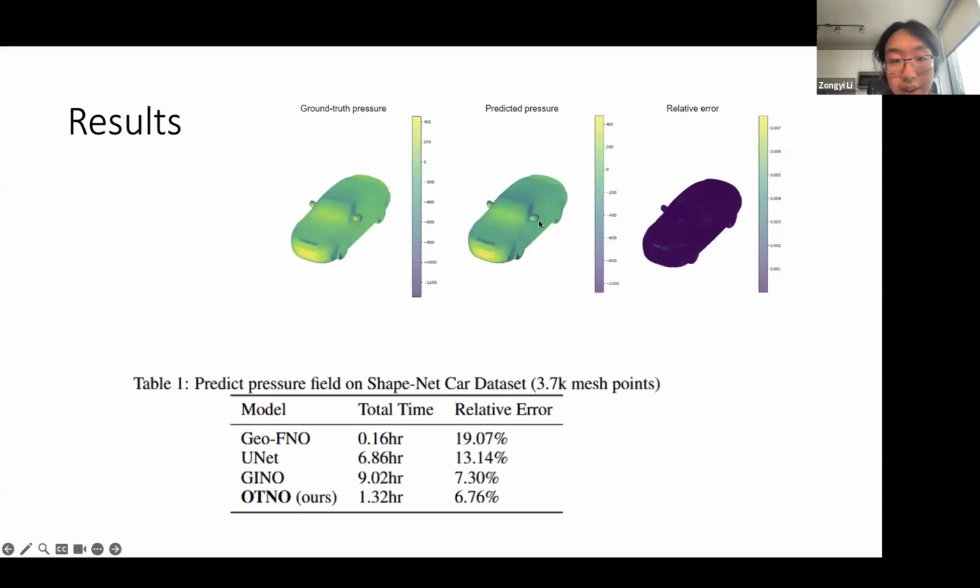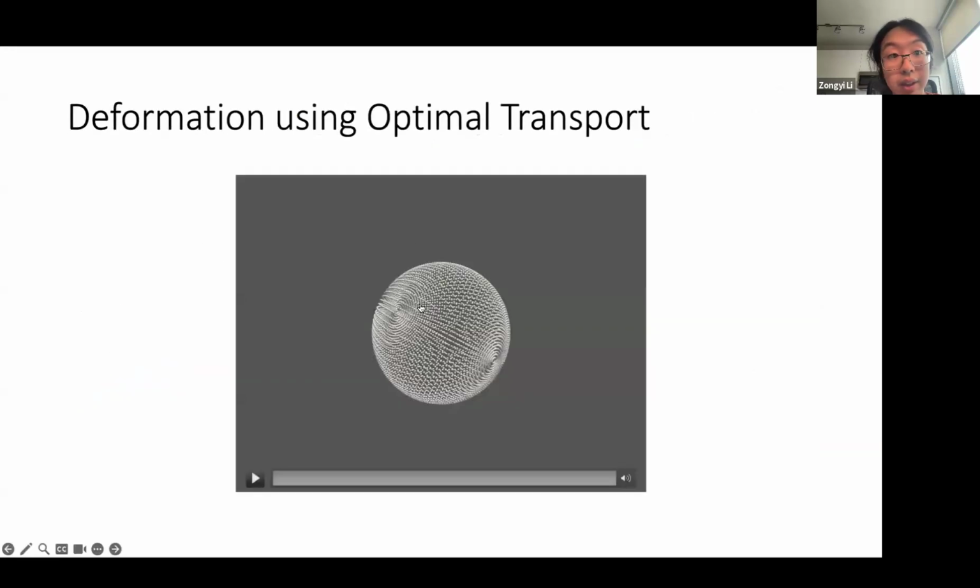So we can work on the DrivAer Net car-ish datasets. It gets better accuracy compared to the latent-space-based methods. Most importantly, it's really fast. We only need to do 2D Fourier neural operators compared to 3D neural operators. So for 2D, we only operate on the sphere. So it's one dimension fewer compared to the 3D transform.